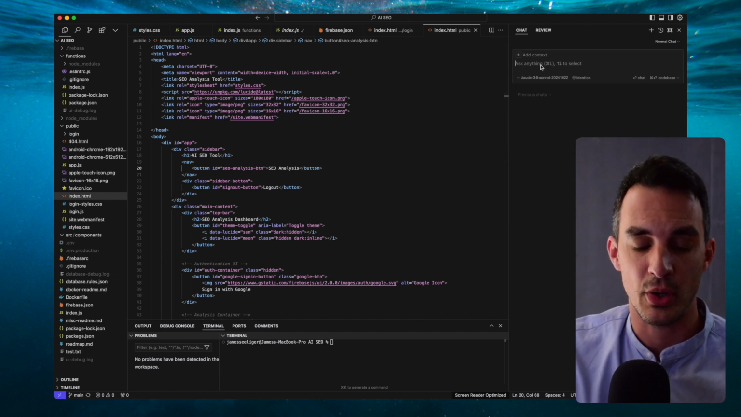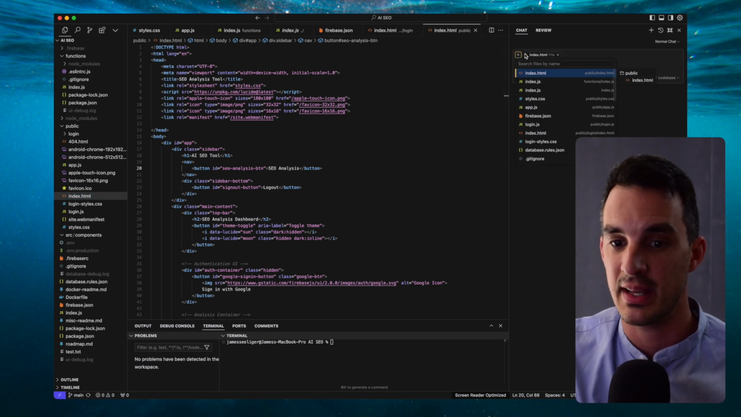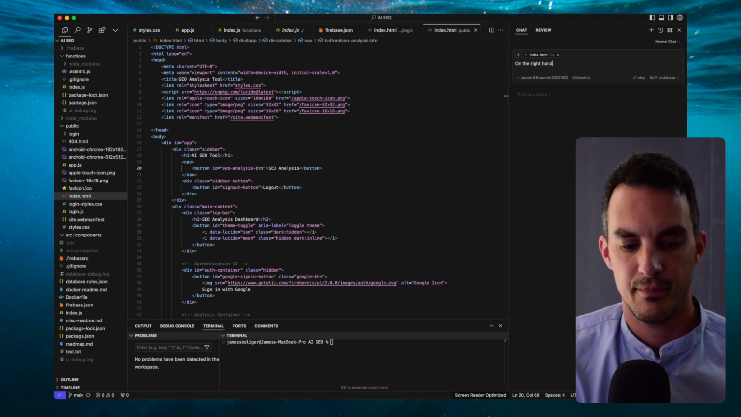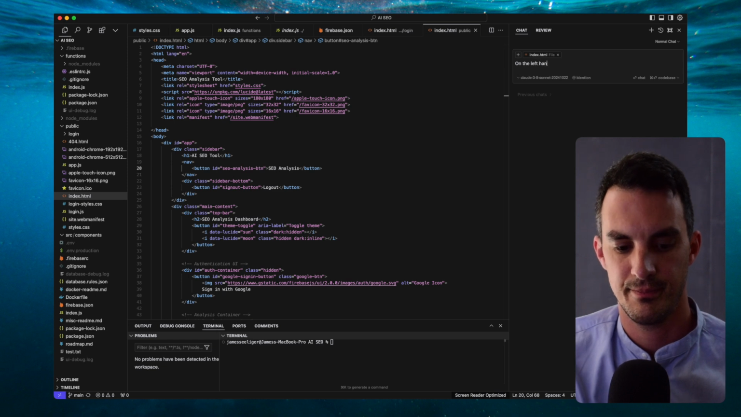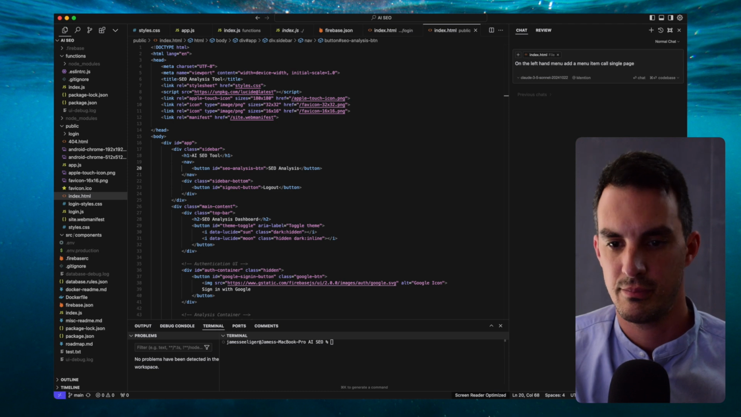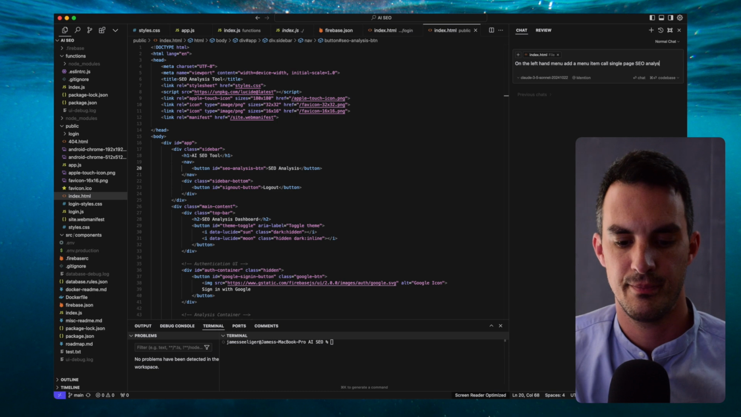So right now, firstly, I'm going to go, cool, this is my index. So I'm going to get my index. I'm going to say, look at my index file. I'm going to say, on the left-hand menu, add a single page SEO styled